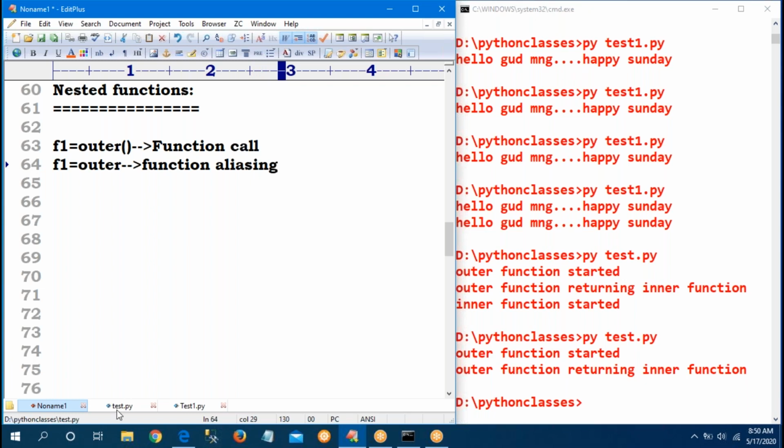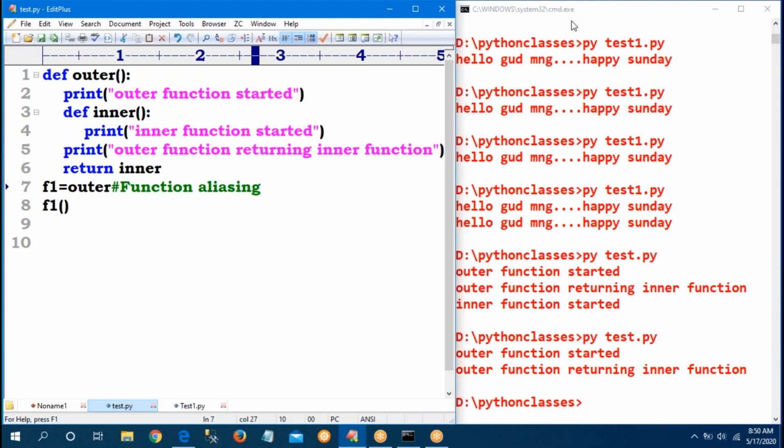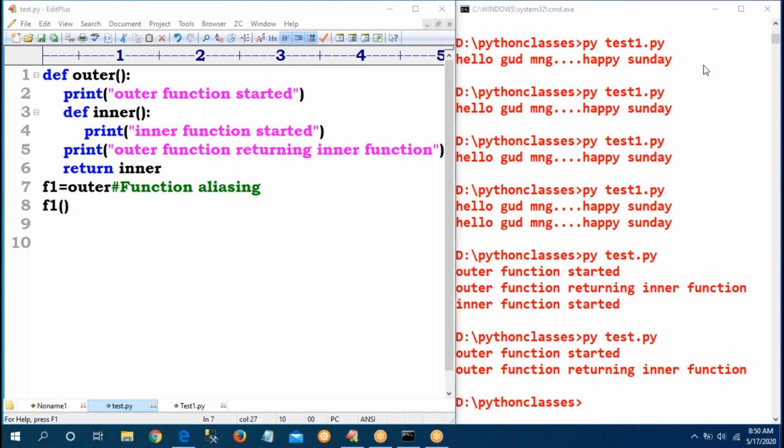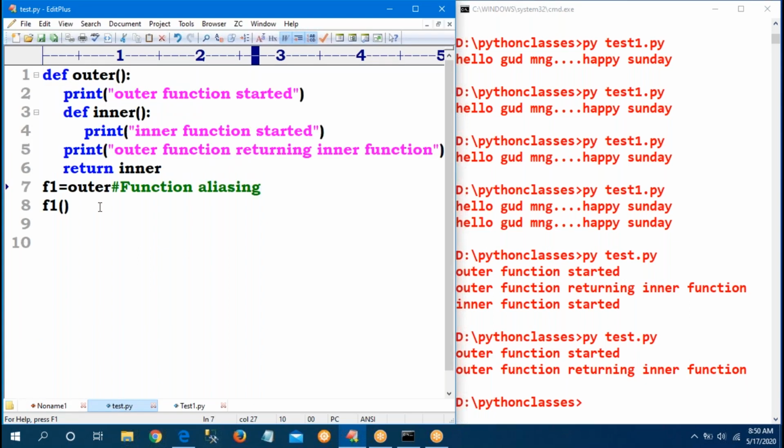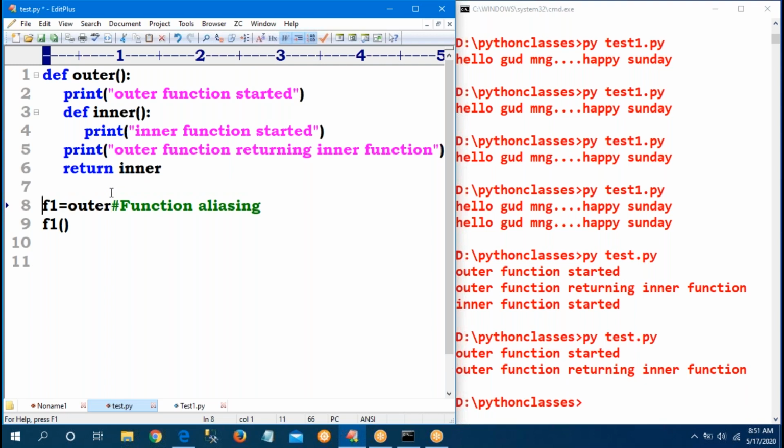Sir, if you have any doubt, please respond, because if you have a little confusion, next to this, function decorator is a very dangerous concept. If you have any doubt, you can ask now itself, no problem. Again, I will explain. What is the difference between with parenthesis and without parenthesis? Parenthesis is called function calling. Without parenthesis is called function aliasing. So I will write both: one is function aliasing, one is function calling.